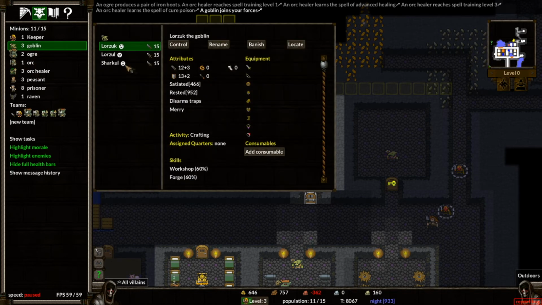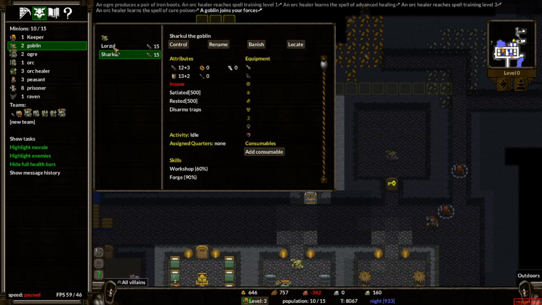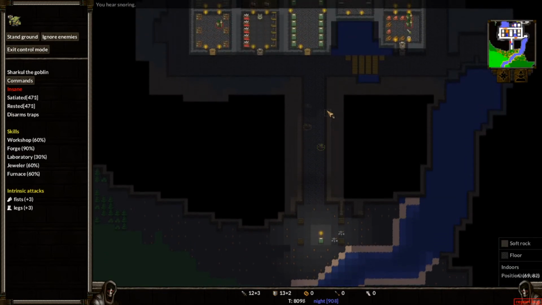Sharkle, the goblin. I think I'll fire Lorzul. You can go away, please. Yes, because the other 2 are insane goblins. Put Sharkle, take control of you, and move you in. So,